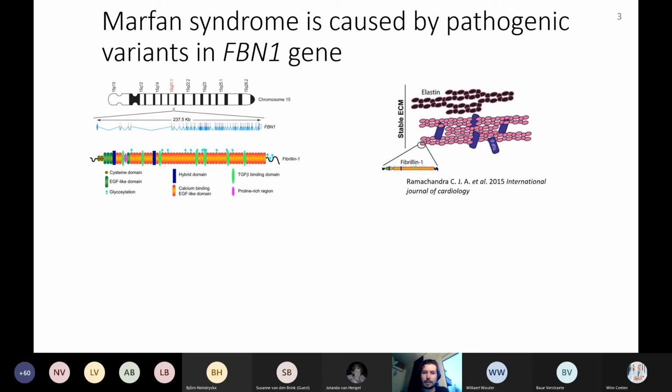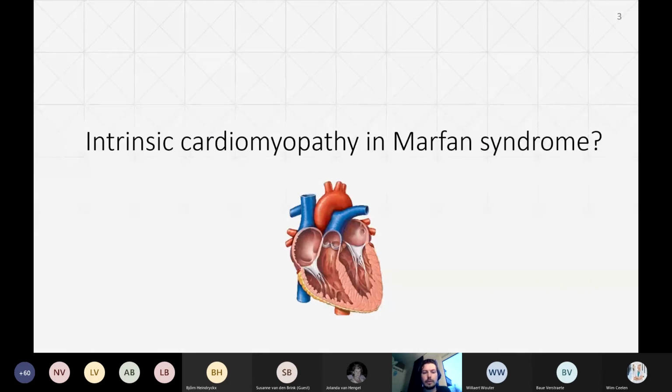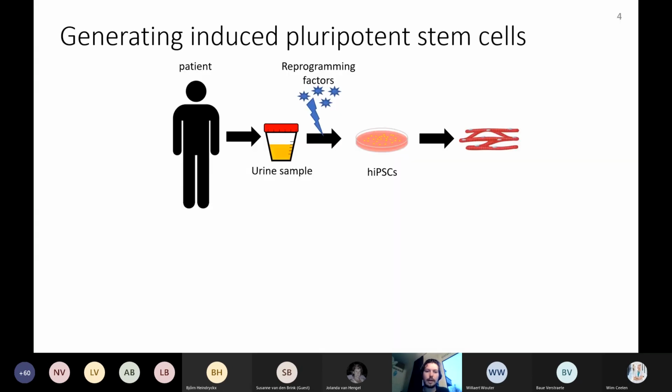Patients suffering from Marfan have systemic abnormalities, but most severe is the involvement of the cardiovascular system, and in particular the aorta. However, in a subset of Marfan syndrome patients, sudden cardiac death is observed. Also, there is an accumulating amount of evidence in the literature that there is cardiomyopathy associated with Marfan syndrome. But the question remains: is this intrinsic cardiomyopathy, or is this cardiomyopathy secondary to the abnormalities in the vascular system? And this is why in my PhD project